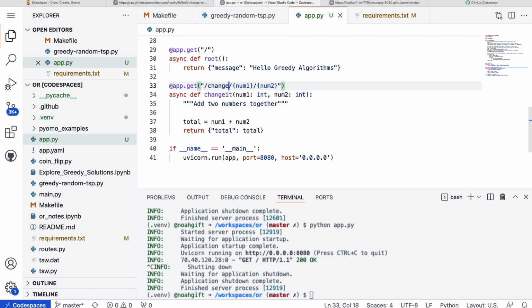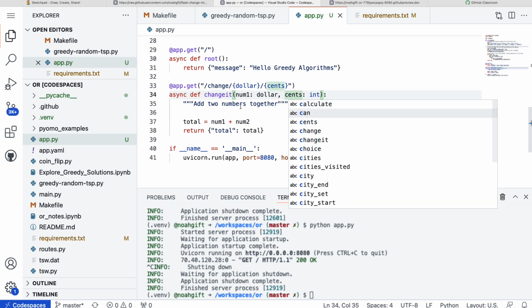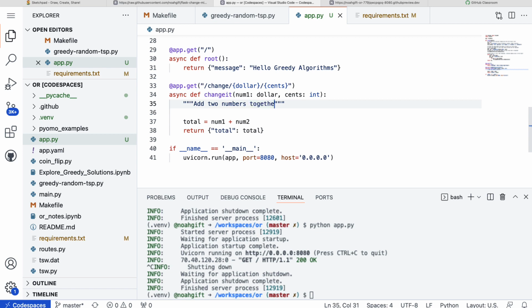We'll just say change, and then this would be the dollar, and this would be the cents, and we can just say int would be dollar, and this would be cents, and we just say make change. And this should basically take